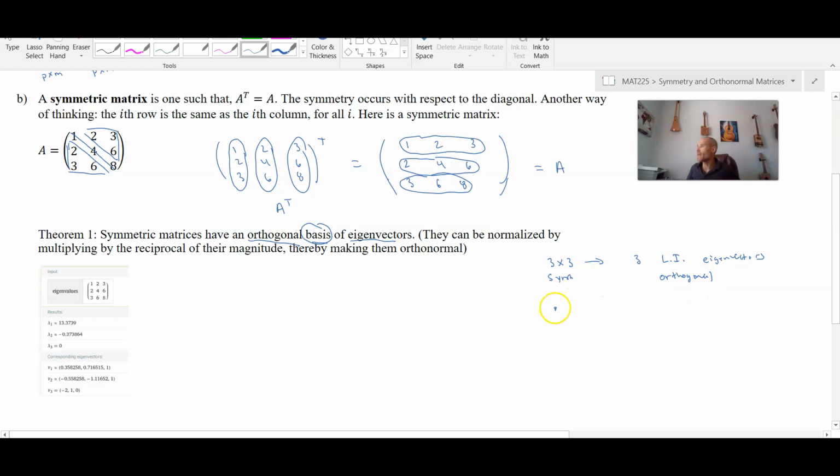So an n by n matrix that's symmetric will end up with n linearly independent eigenvectors. Again, they're going to be orthogonal, and we can make them orthonormal pretty simply. In this case, here's our matrix. I have the output of the eigenvectors. Now these are in approximate form, but to verify they're orthogonal, recall that orthogonal